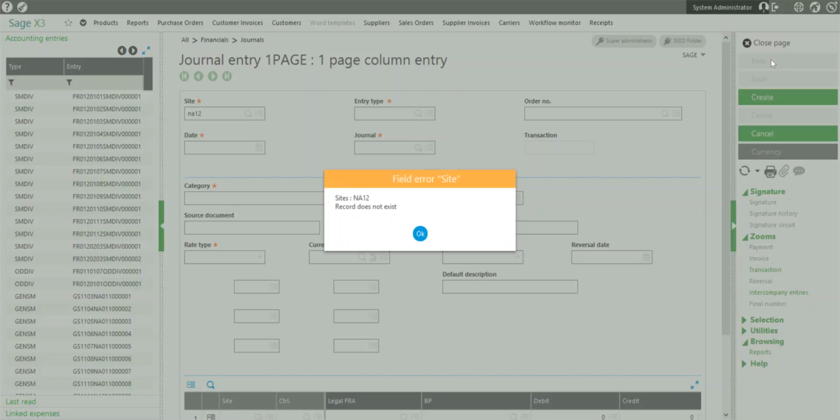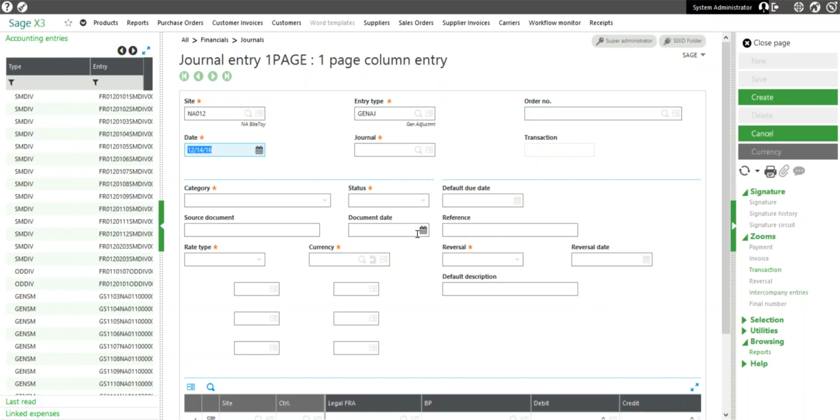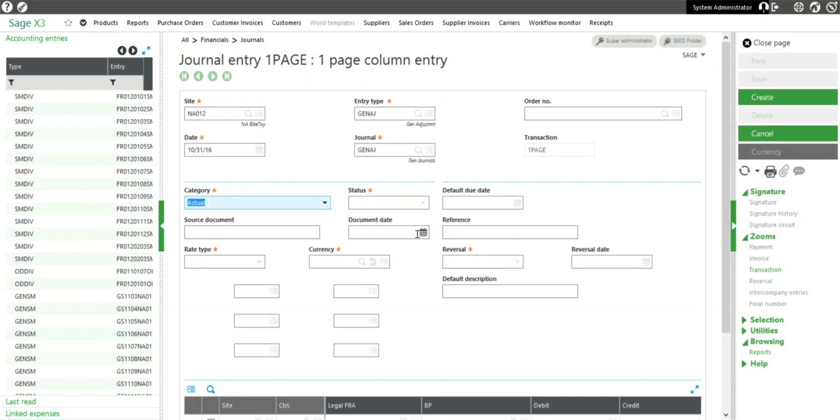We'll specify our financial site. We'll specify an entry type of the GENAJ for general adjustment. Next, we'll define the date that we want the original journal entry to book. Our journal code will default in from our document type. Our category we'll go ahead and set to actual,